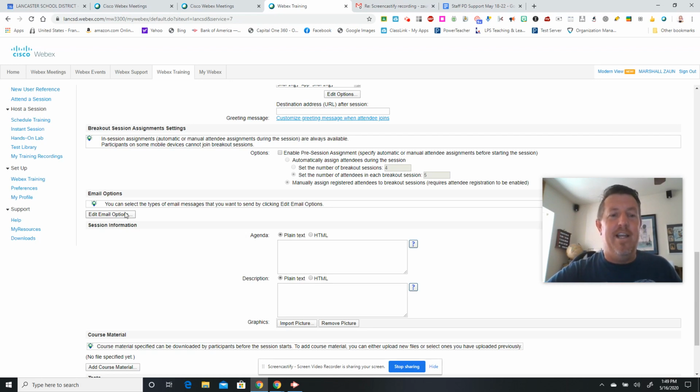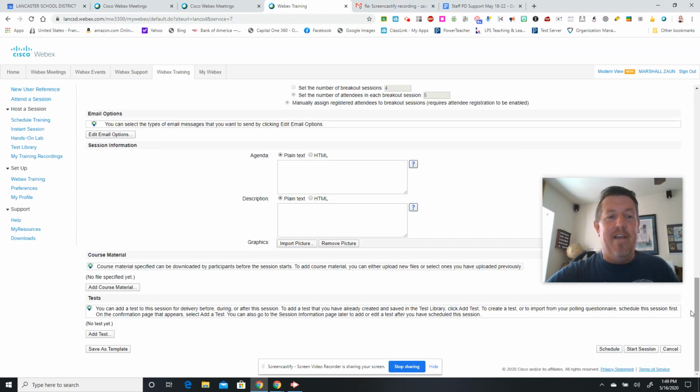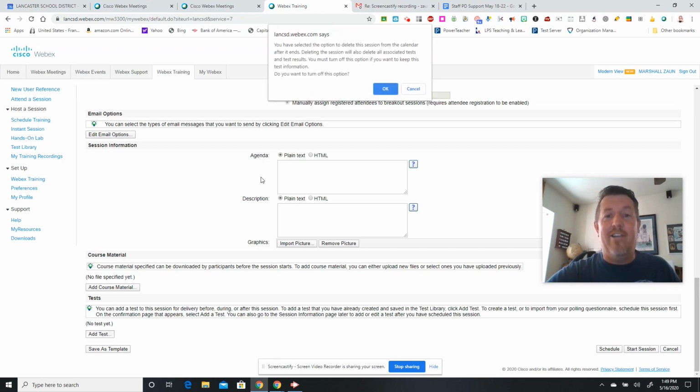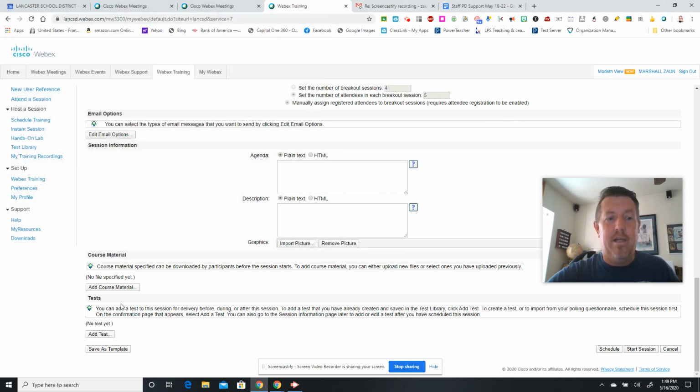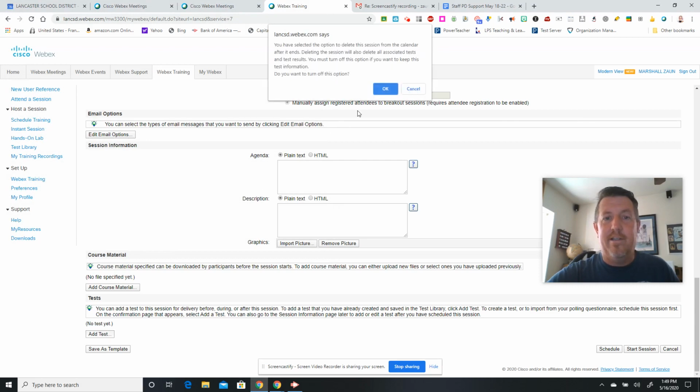Okay. You can email. If you want to email an agenda and description, you can do that. And then down here, you can add course material. That's stuff that can actually be downloaded by participants. Okay. And you can add tests in there, and they do have a test library. So if I click add tests,